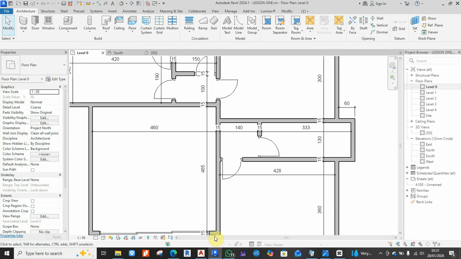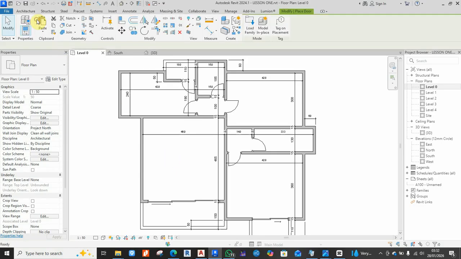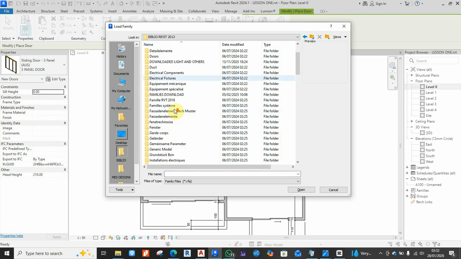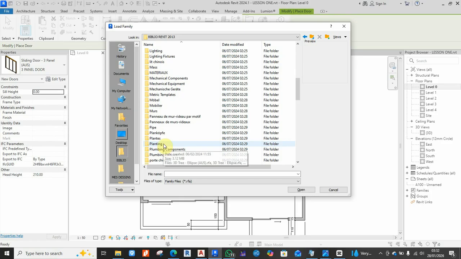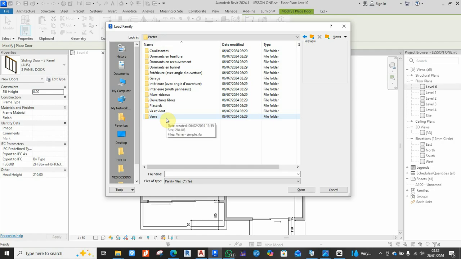So I don't know where that is found in your Revit library, but in my Revit library, I need to click on door. I will go to load family. It appears like this. I'll click on my family folder, and then I have a family folder here called the portal. Portal actually means doors, that's in French. So if you don't have families, you can always sign online to Revit City or Autodesk platforms, where you can download